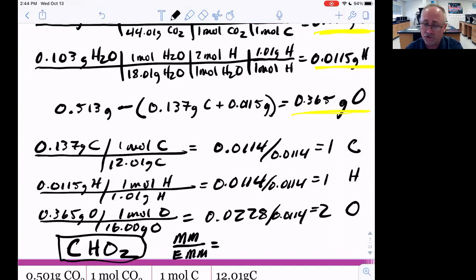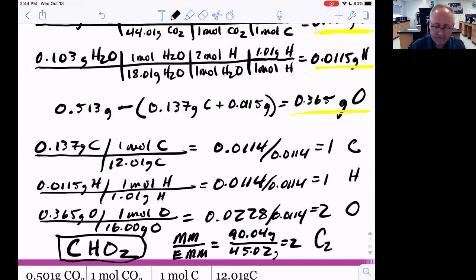You can call them the GFM and the EFM if you want, but it doesn't matter. It's the whole thing, the molecular compound's weight or mass divided by the empirical formula's weight or mass. In this case, the number they gave us was 90.04 grams per mole for the molar mass. And if I add these up, 12 and 1 and 32, you get approximately 45.02, which ends up being 2. So if you multiply that by 2, your actual molecular formula will be